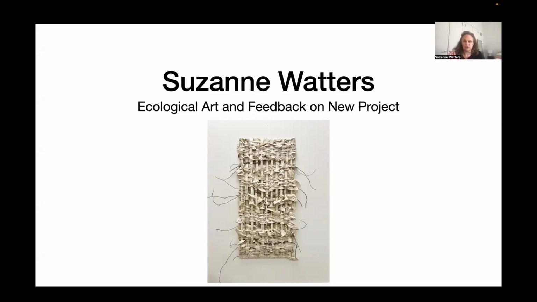I landed on what you see here: I collect botanical material and also use found fabric to create woven, three-dimensional wall sculptures and sometimes standalone sculptures. That's one example you see here on the first page.